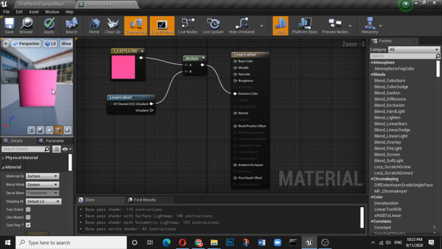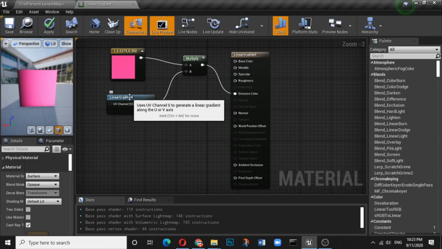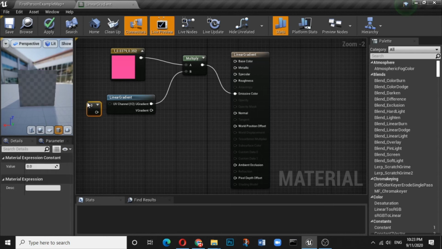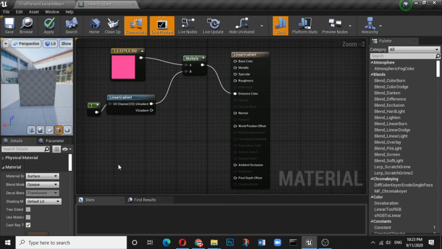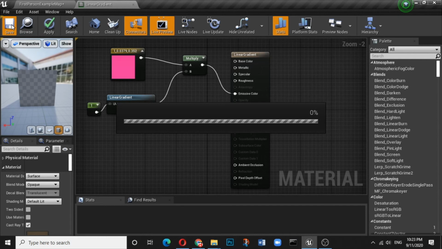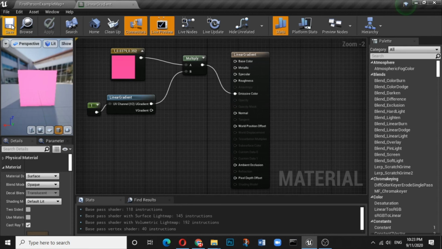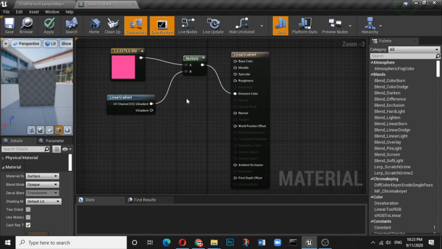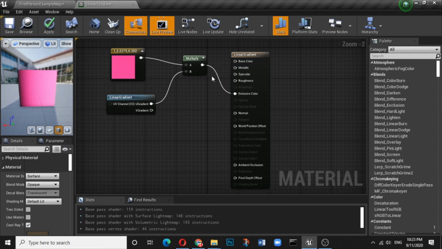However, this glow is available only in the colored part, but the moment you add one vector here, this whole thing changes again. So it is no more a gradient. You can see there is no more gradient. This whole thing is glowing, so it doesn't make any sense.